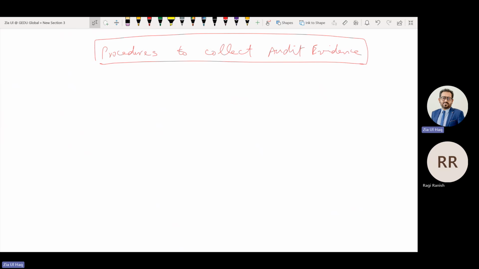Working paper could be manual paper, or could be computerized. Even computerized, what is that? Written form that you can take as a printout. So evidence means documents that you are having in the working paper. Procedure means the action that you have performed to collect that evidence. If the examiner is asking, you need to write down the procedure, you need to write down your action, how you will verify this, what you will inspect, what you will observe, what you will discuss. That is the procedure, action.